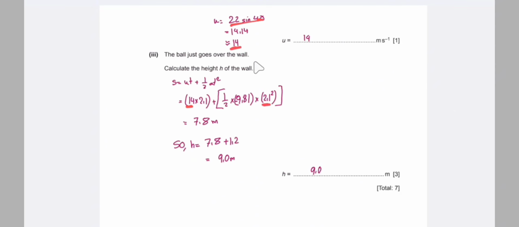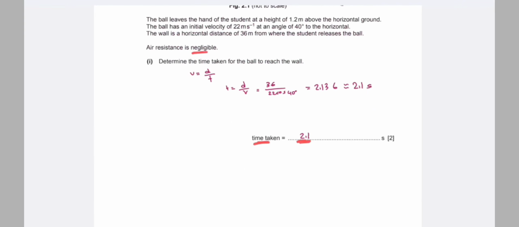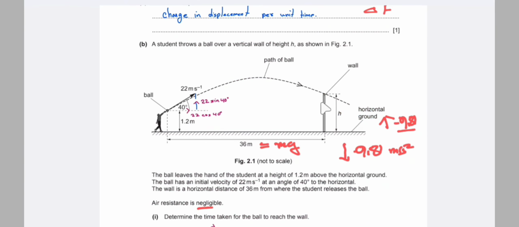So we need to consider acceleration as negative 9.81, and after substituting these values, we calculate the value of distance, that is S is equal to 7.8 meter. Now we calculate the distance as 7.8 meter, and this is the vertical distance from this point to this point. And we need to find the total height. So the total height is this vertical distance plus 1.2 meter, because we calculate the height